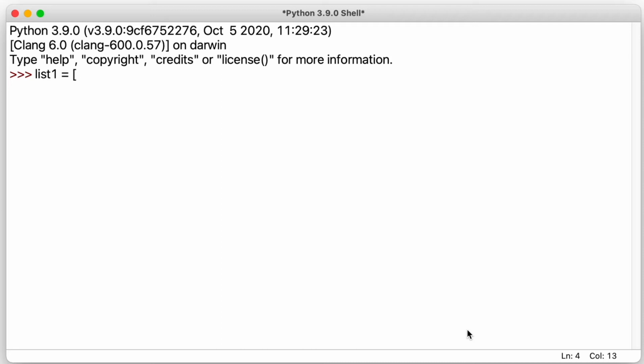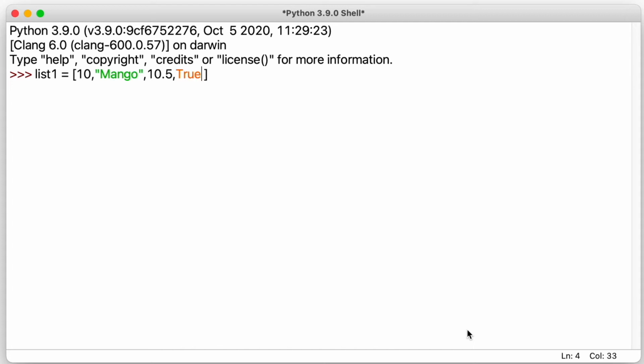To create a list, we use these square brackets, and within these square brackets we have different types of values. Suppose we have 10 as an integer value, a mango as a string value, then 10.5 as a float value, and True as a boolean value.